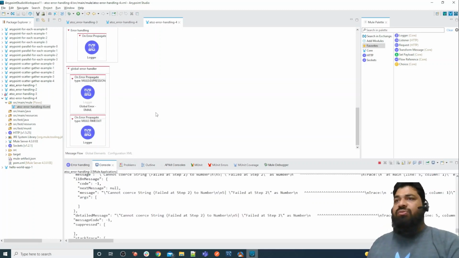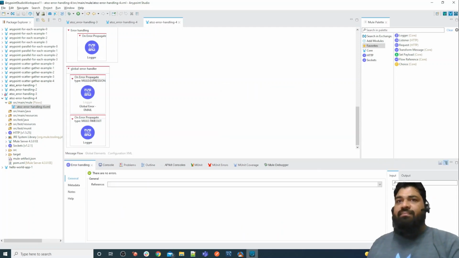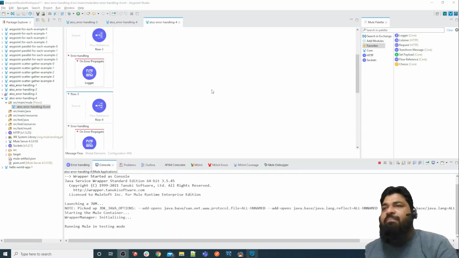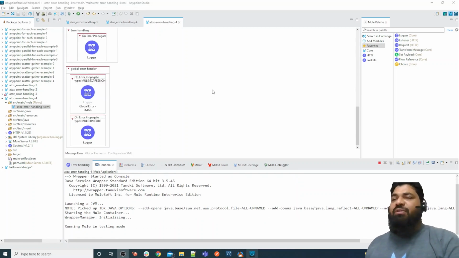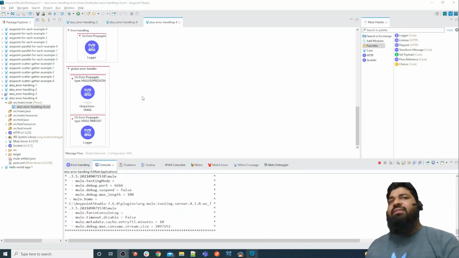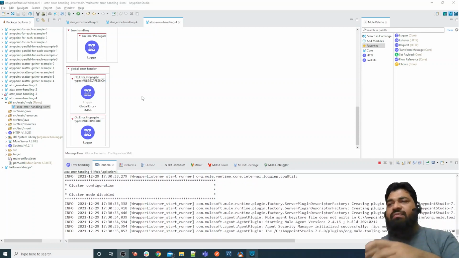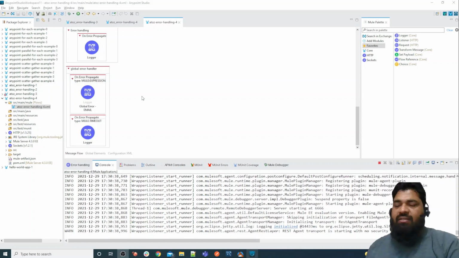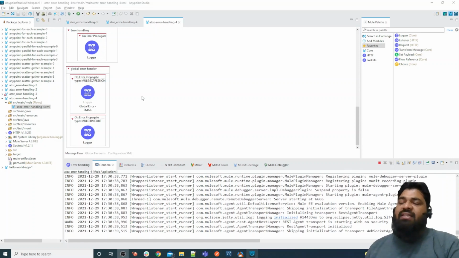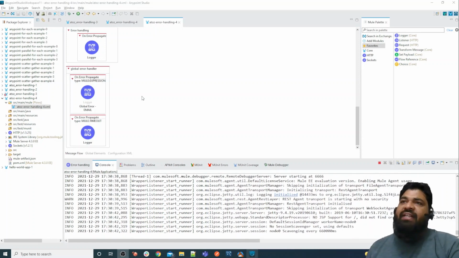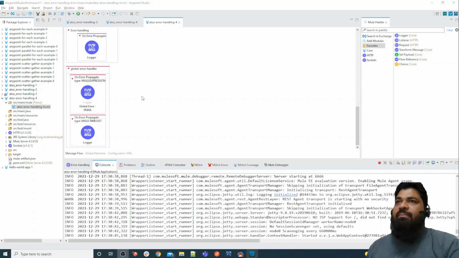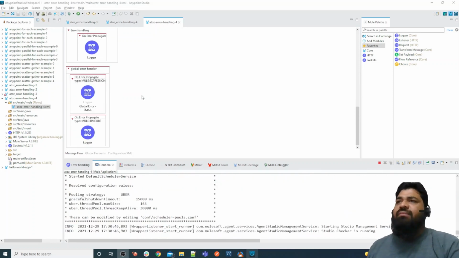If you want to see how it works, let me show you. One of the main purposes of this example is that in Mule 3, the exception is propagated only to a certain depth, I think two levels, but in Mule 4 there is no limit on the depth.